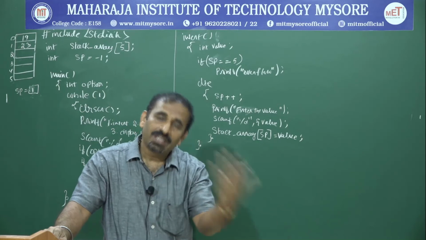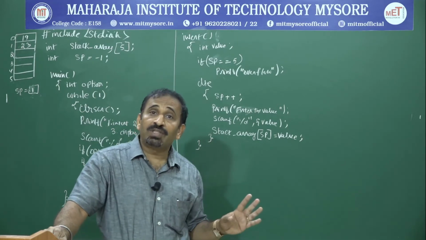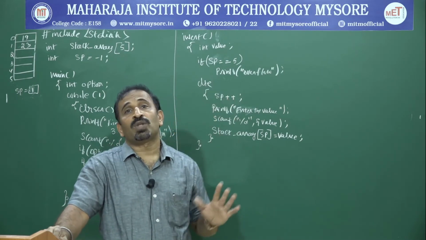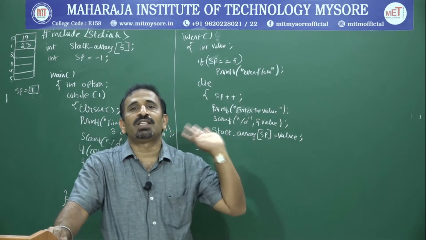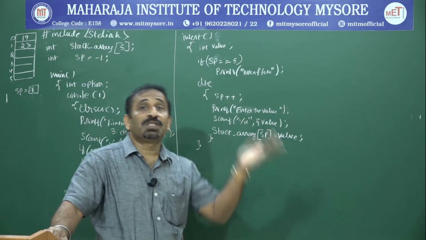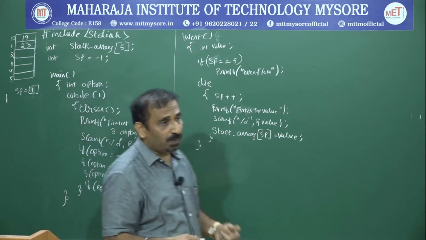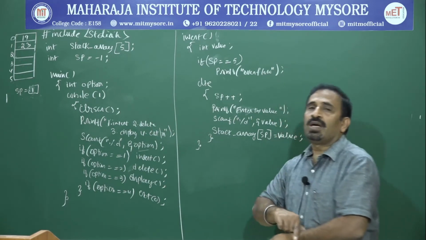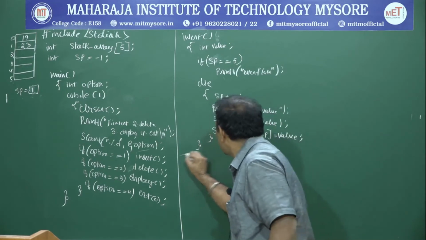If deletion happened, of course there is a space which has been created. Without doing deletion, successively you can do 5 times. After 5 times it says no, you cannot insert any more elements because SP is already equal to 5. I think as you start writing the programs, you will understand this better rather than directly looking at this.